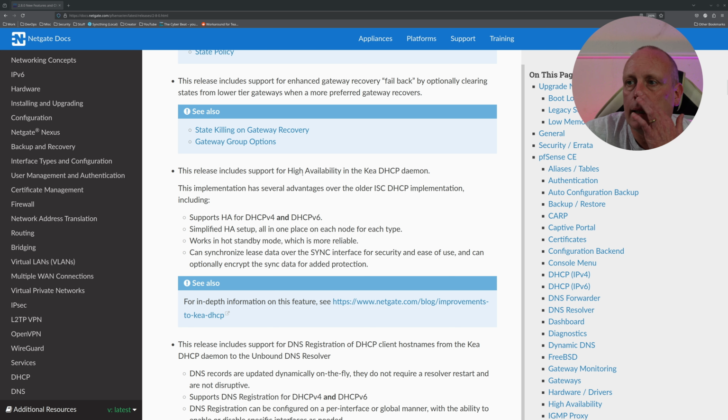What else do we need? This release includes support for enhanced gateway recovery failback by optionally clearing states from lower tier gateways when a more preferred gateway recovers. I've done a video on that as well where that's been an issue, so that's good to see